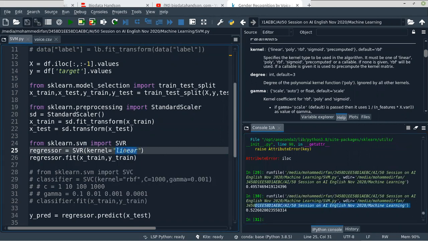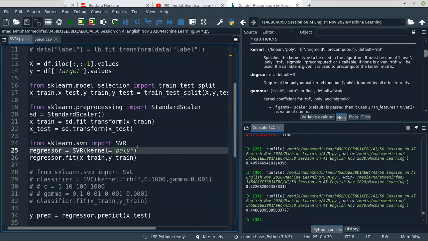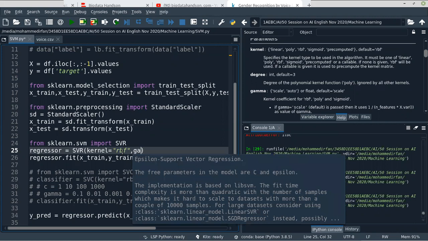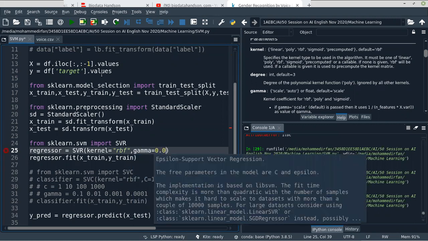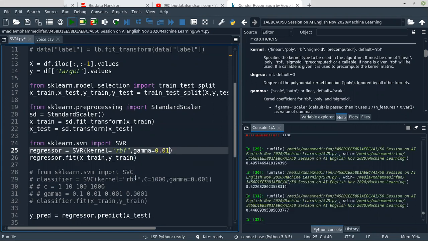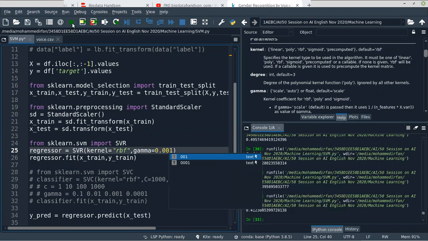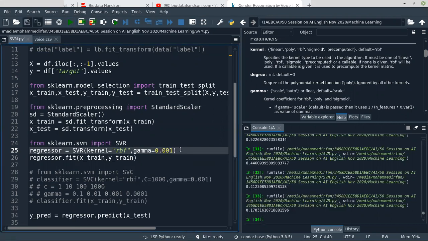Or we select polynomial with degree, the default degree 3. No, not okay. Select rbf, but we give a different gamma value. No, oh, it's very low.